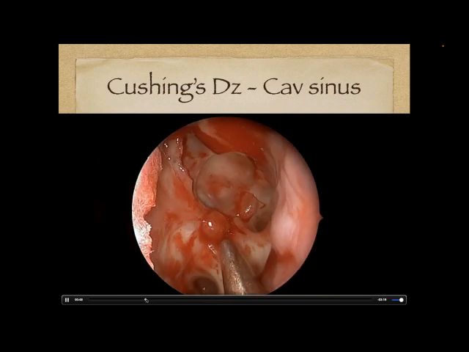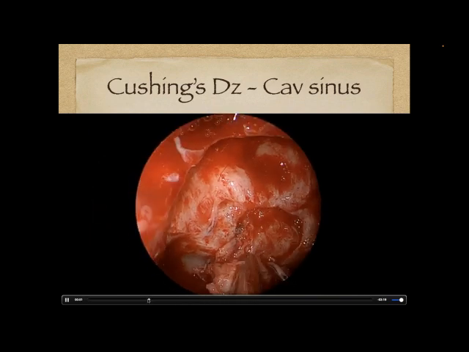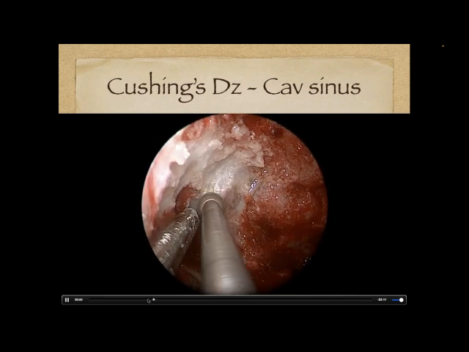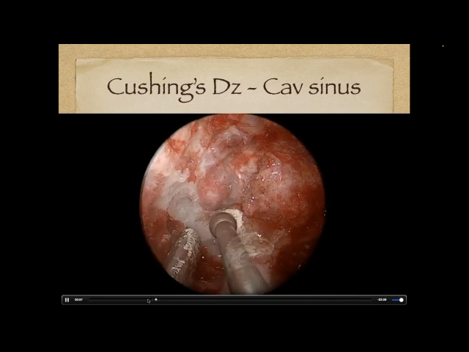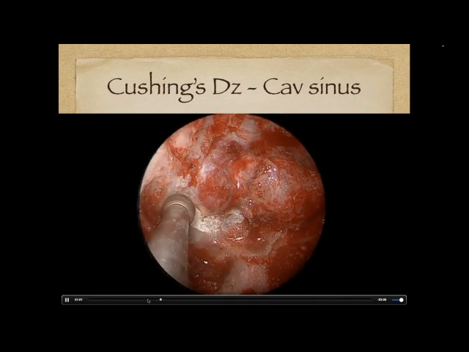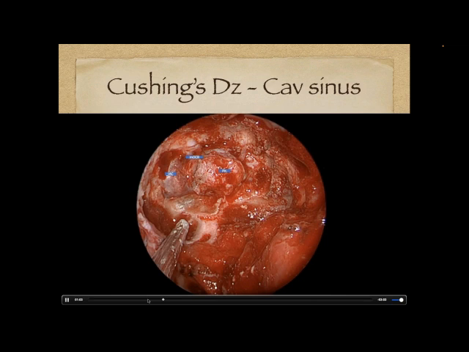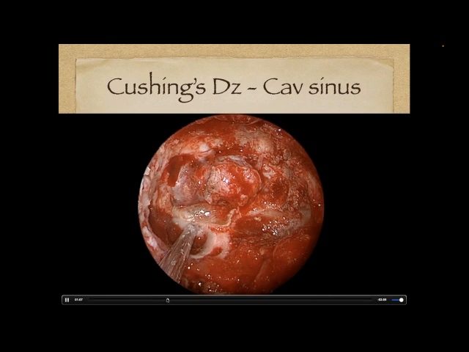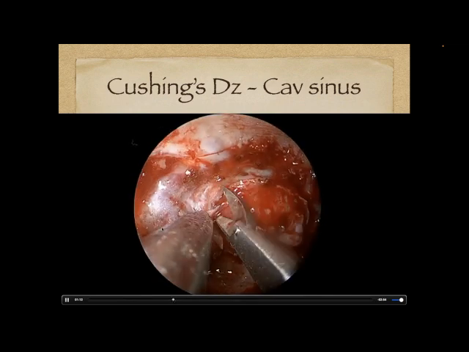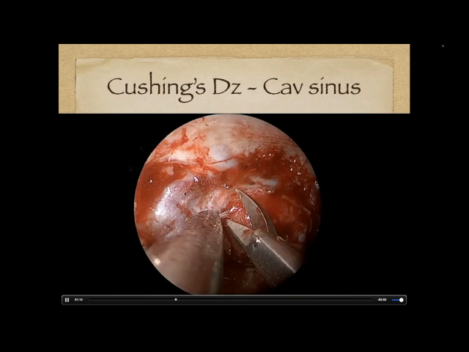So here's a view through the sinus. This has been previously operated, so much of it is exposed. We're just removing a little bit of the fat graft there at first. And now drilling and again removing the bone over the carotid artery to be able to have access to this area. So this is not a big tumor, but a small tumor like this, of course, in Cushing's disease can have devastating effects. The critical piece here is that we've exposed this carotid artery.